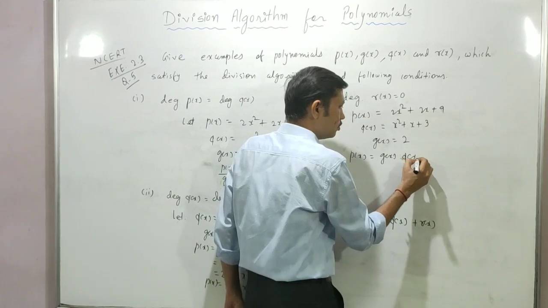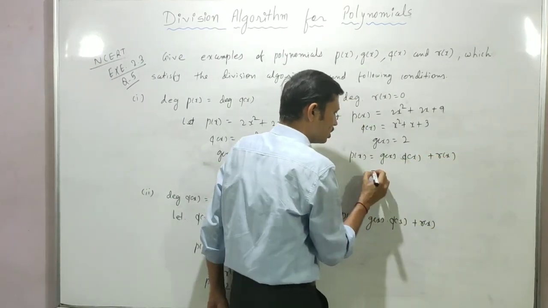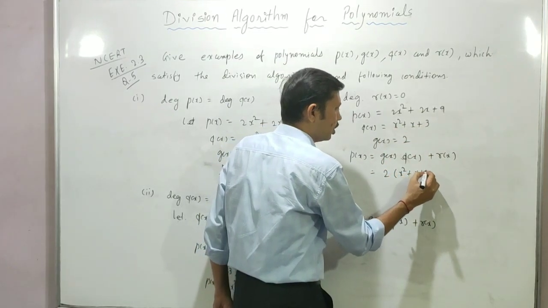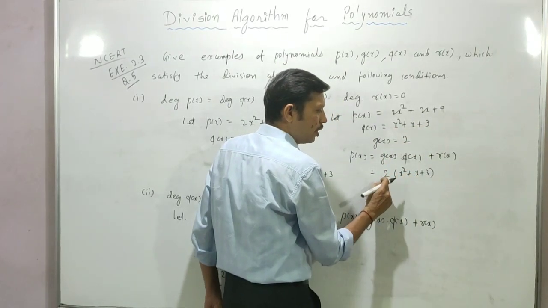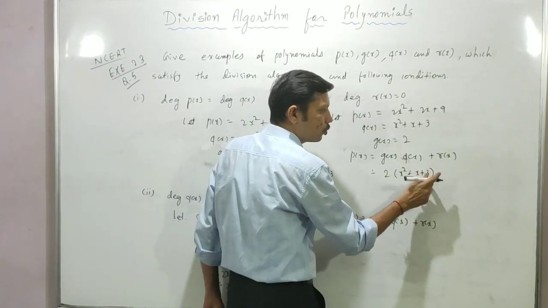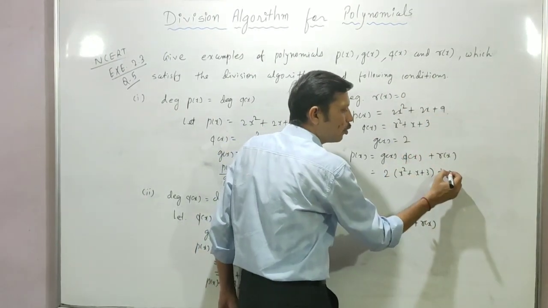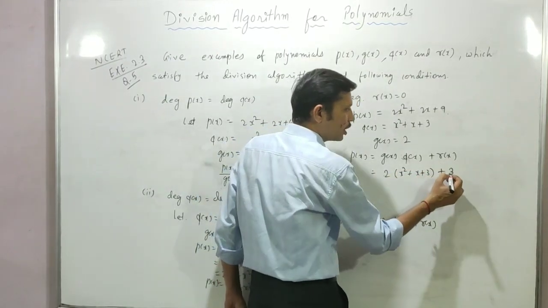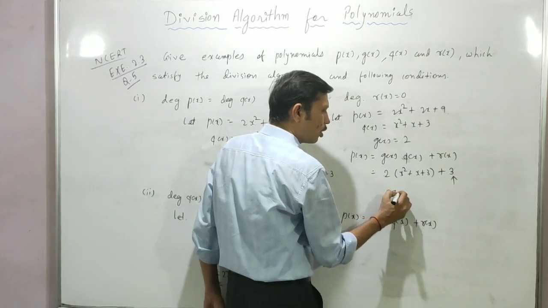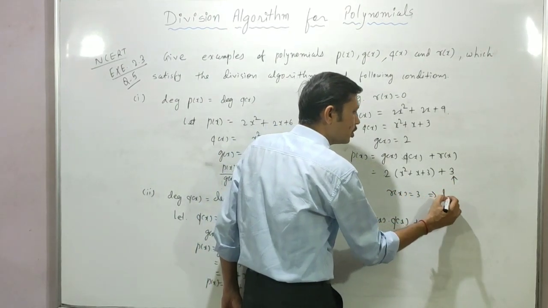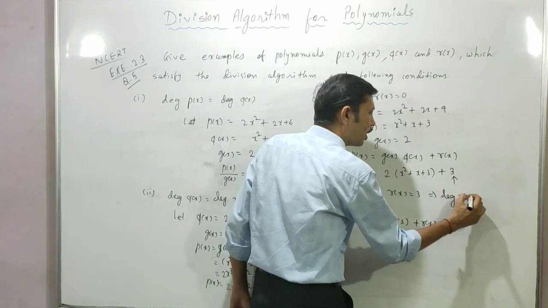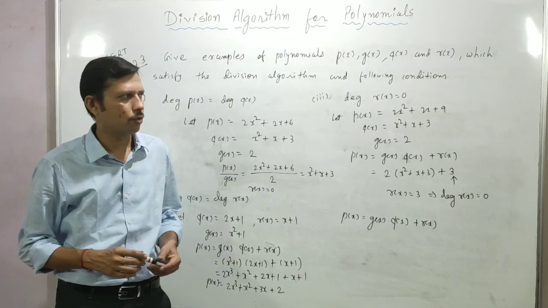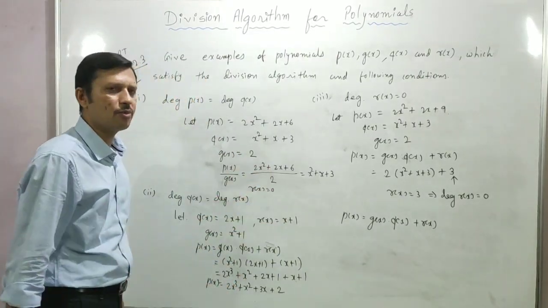into q of x plus r of x। अब इसके लिए g of x क्या होगा, 2, q of x x square plus x plus 3, राइट, तो आप समझ सकते हैं जब मल्टीप्लाई करेंगे तो 2x square plus 2x plus 6 होगा, तो 8 से 9 के लिए क्या करना होगा आपको, 3 2 जा 6, तो यहाँ पे 3 और ऐड करना पड़ेगा, राइट, तो ये मेरे लिए क्या हो गया r of x, ओके, सो r of x is equal to what, 3, that means degree of r of x, कांस्टेंट पॉलिनोमियल के लिए डिग्री ऑफ रिमाइंडर क्या हो जाएगा, 0।